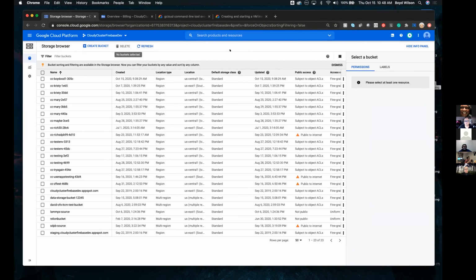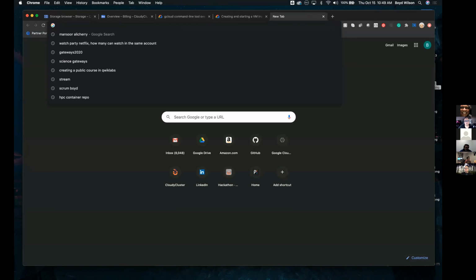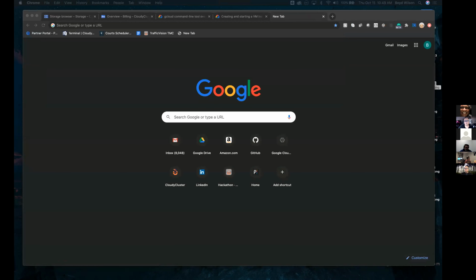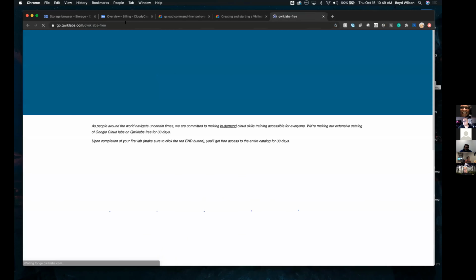Now there's some interesting things. Now we've got about 10 minutes left. I want to go over some tools that we'll also make available that are useful to learn. So one of the things, and then I'll go back to some advanced features because I want to make sure I don't forget the tools. So there's something called Quick Labs, and Google bought Quick Labs a few years ago. And what it is, it's a training platform, an online learning platform